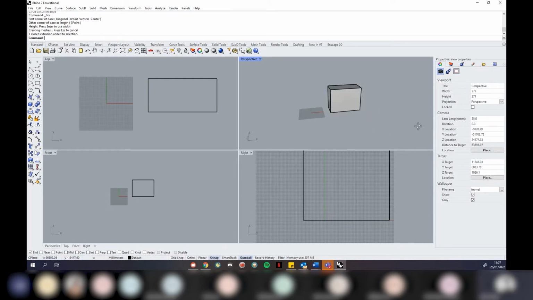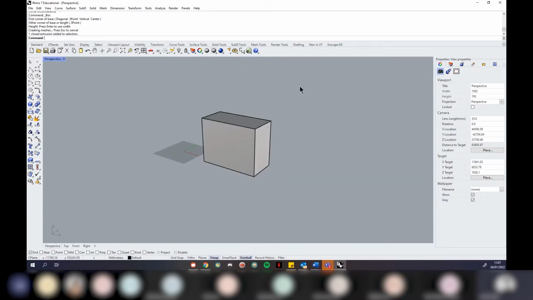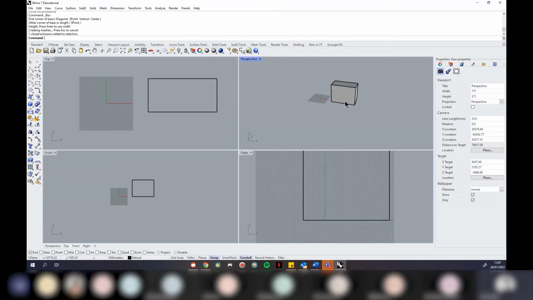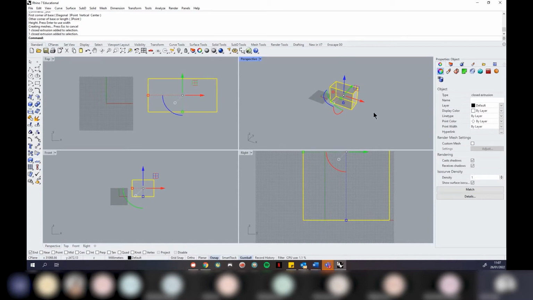Now, the interesting thing about this is it's going to orbit around whatever's in the middle of your screen. And sometimes you're going to like that, sometimes you're not. Let's say I've zoomed out over here; if I'm trying to orbit, that's going to be a nightmare trying to zoom into my object. I could try and zoom in to get it in the middle and orbit around, but it still doesn't quite feel right. So what we can do is select an object, and type in a command